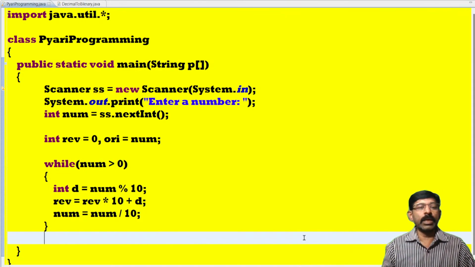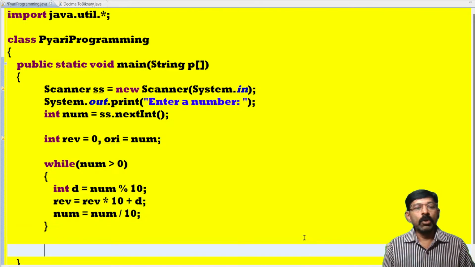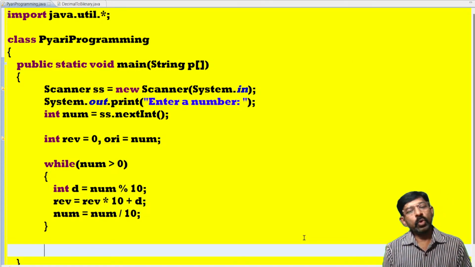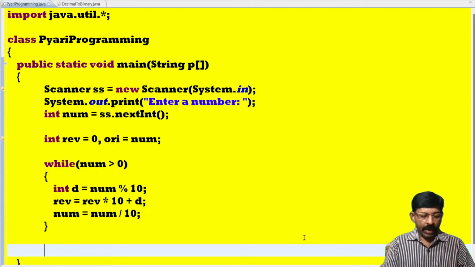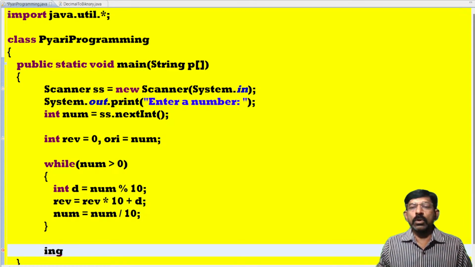Now after getting the reverse, as per the question, it says that the original must be a prime number and the reverse must be a prime number. Then only it is called a twisted prime. So in that case, I will take 2 flags. So before that,